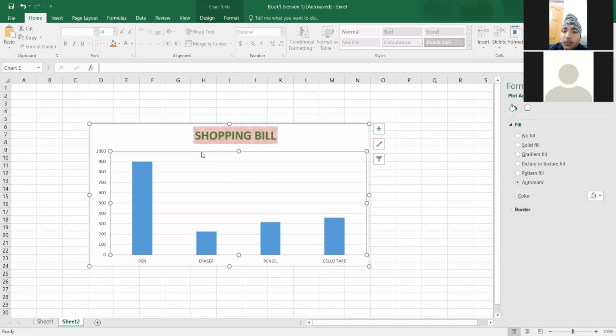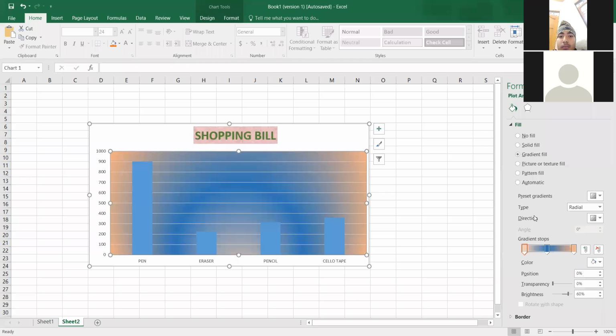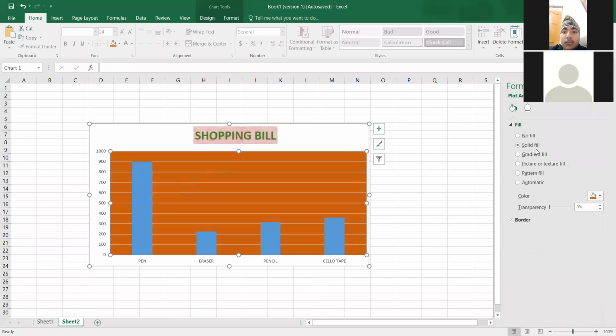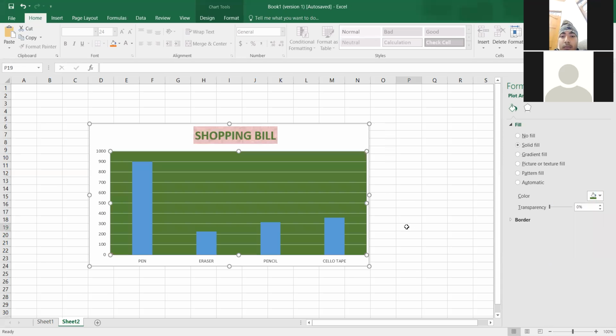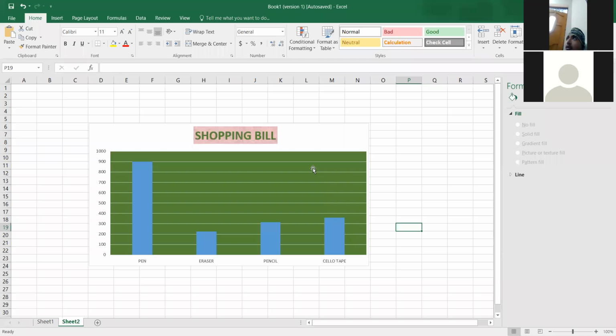So this is the plot area. You can see the plot area is the area that is surrounded by the x-axis and y-axis. So click on the plot area options now. You will get fill options again. You can give shadows also. Under the plot area, you can apply the fills that you want. For example, if I want to give the gradients here, you can change the gradient fills, or you can give the solids also. This way you can change the colors. Clear? So this is the format area.